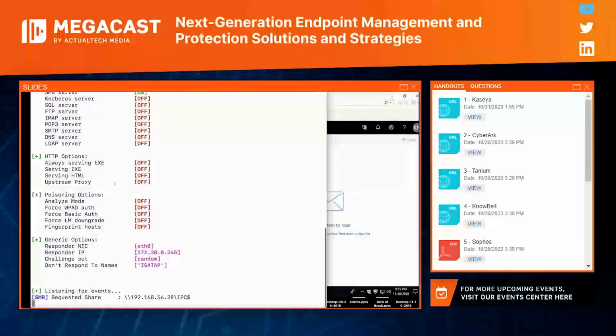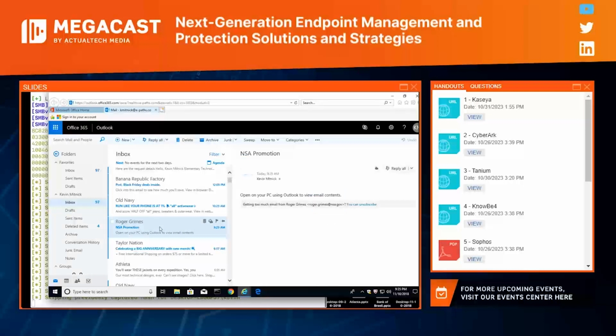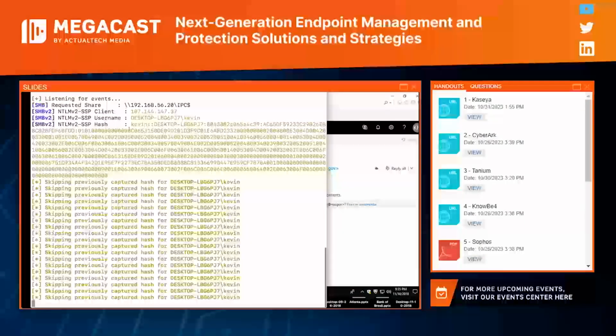This is the attacker system in the cloud, in the Amazon cloud in Virginia. And I'm logged into Outlook 365 here. I'm simply just going to click on the email. I just clicked. It takes a second for Office 365 to load. And here we go. We could see that the email's from Roger Grimes at nsa.gov, which is quite interesting. And there's nothing there. There's no hyperlink to click on. There's no attachment. But if we go over to the attacker system over here in the cloud, we were able to intercept or obtain the victim's NTLM v2 hash.